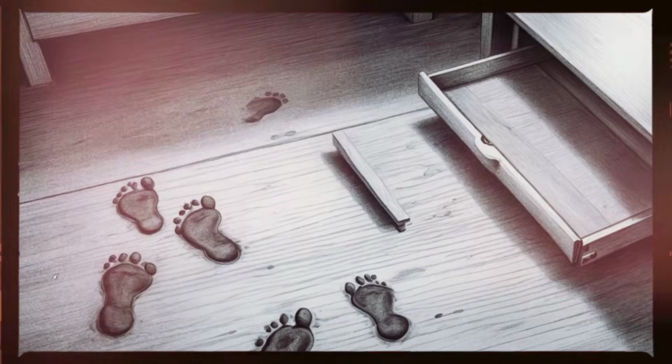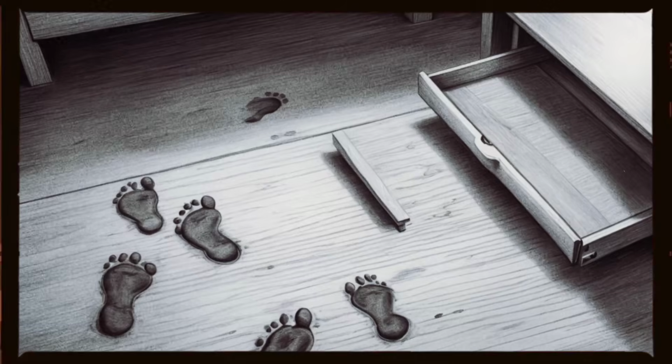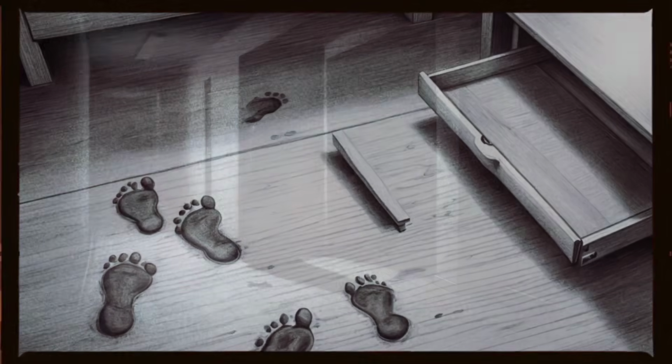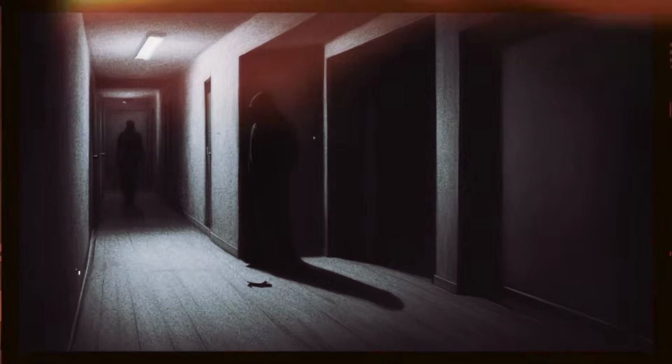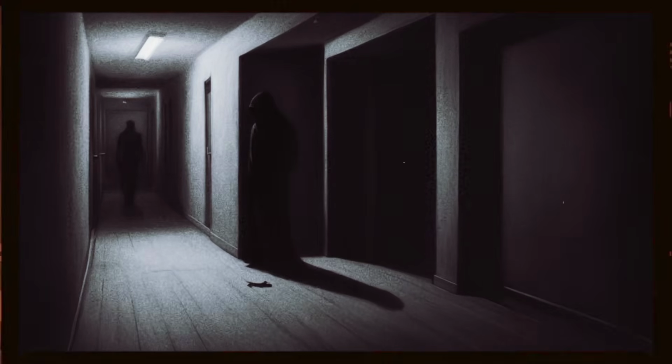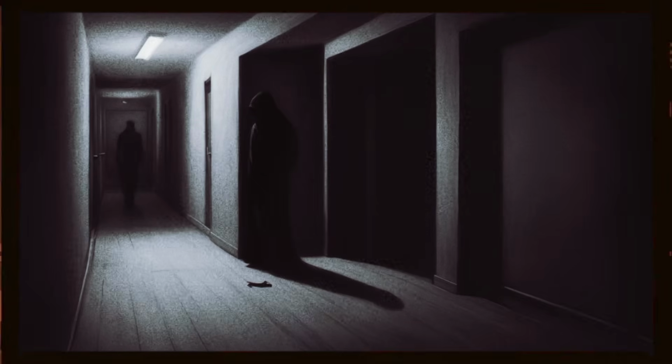The drawer was open. I called Devin, told him I needed help, that something was happening and I couldn't explain it anymore. He came over that afternoon, brought his toolkit, some USB blockers, even some weird old signal jammers he used to prank police radios back in college. I showed him everything, the corrupted files, the ghost image on my wallpaper, the footprints. He said nothing for a long time. Then finally he said, "I don't think this is software."